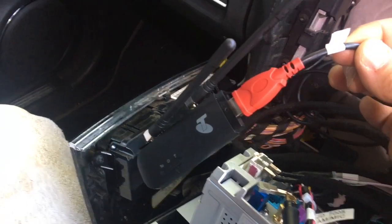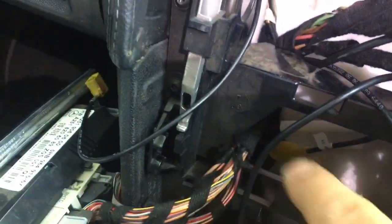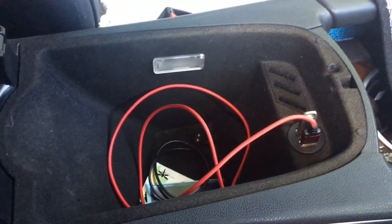So the one USB I've wired into a 3G Wi-Fi modem. The other one I've plugged into a cable that I've installed from the center arm console. I've taken out the center arm console and installed that USB surface mount there, and the 2 cables run underneath this center console area and come out here. So this is where I'm terminating the other USB. The cables are unfortunately short, but there's a